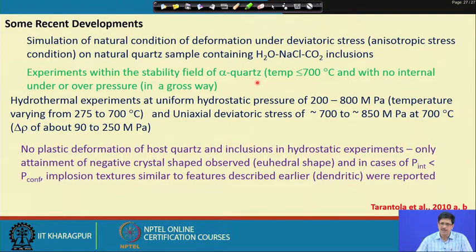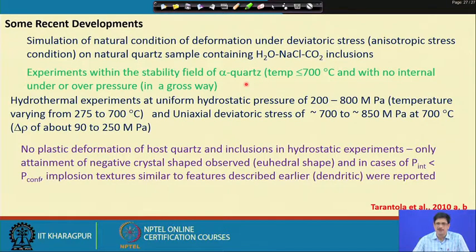So, the aqueous carbonic inclusions, H2O-NaCl-CO2, present in the host mineral were recovered from the occurrence. It has come from one well studied gold deposit, where the initial conditions of formation of this quartz were known and also confirmed through microthermometric study before the experiments. Those inclusions were studied, well documented, mapped, and then cylindrical cores were cut from these quartz crystals at an angle